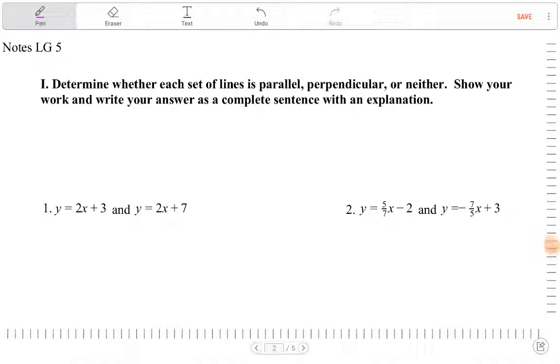Okay, here we have our notes for Algebra 5. Our question is to determine whether each set of lines is parallel, perpendicular, or neither. Parallel in math, when I talk about parallel lines, it looks like two lines that are just running exactly in